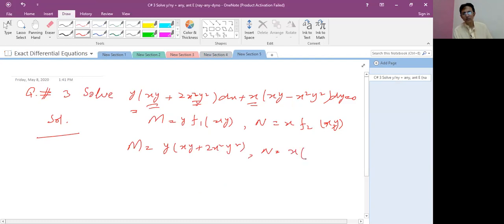So it means x into xy minus x square y. So first we identify what is m and what is n in the exact differential equation. Then, student, we will find the partial derivative with respect to x and the partial derivative with respect to y. The partial derivative with respect to x is 1 plus